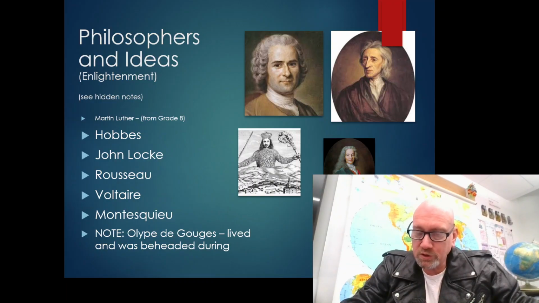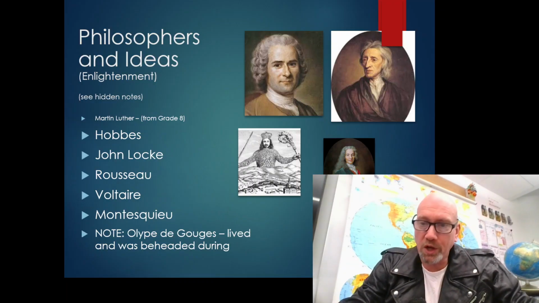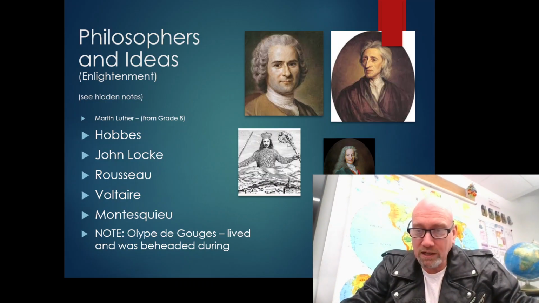Yes, he agrees there is a social contract, but he would say that that social contract is a binding contract that cannot be broken. Now, the king should be and is all-powerful, according to Hobbes, and that is for the safety and security of people in the country. And therefore, absolute monarchy is needed, according to Thomas Hobbes, to have a great country that is safe and secure and effective. Otherwise, people would tear each other apart.